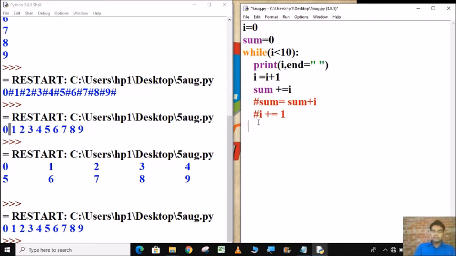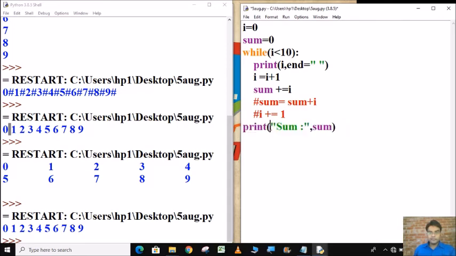At the end of execution, we will write print sum comma sum. And suppose we want to take the average, then we have to divide it by 10.